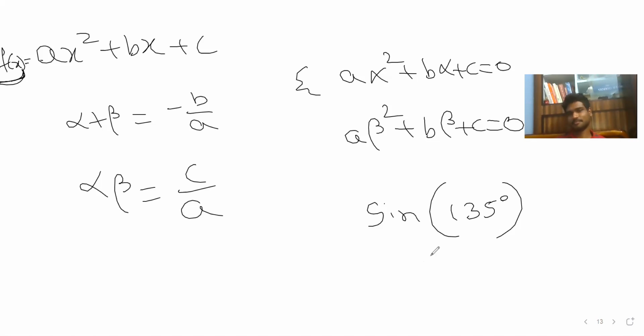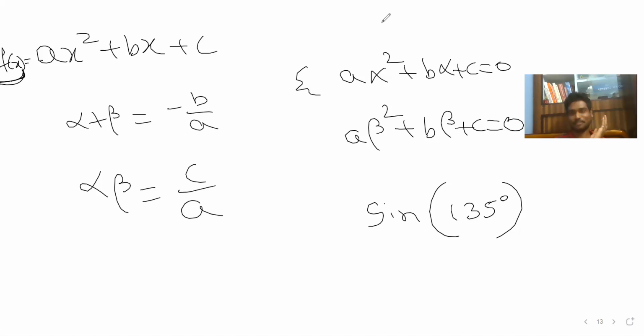What if by chance they give 115? Then they will give the value of cos 25. Why cos 25? First I'll find the value of the adjacent side and do something like that. No, you should not proceed like that. That's very stupid. Now you understand, right? You should not do that.